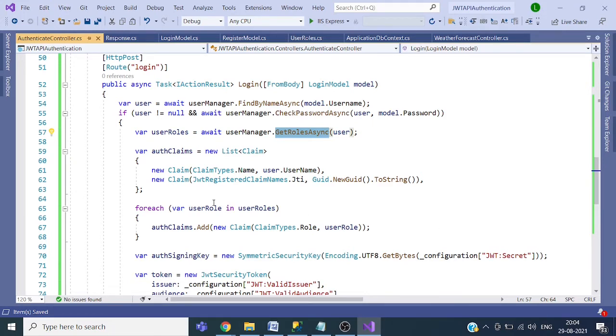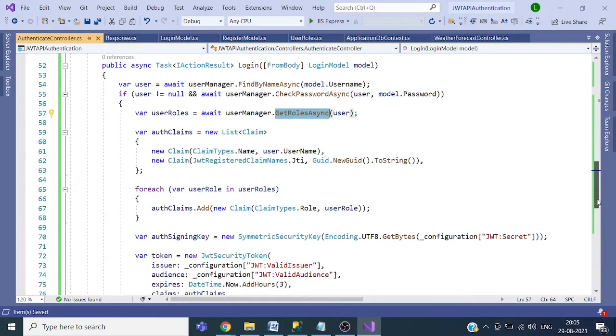And then we are adding some claims. A claim means any specific data which needs to be presented to some other party about the user. So claims means any data about the user.